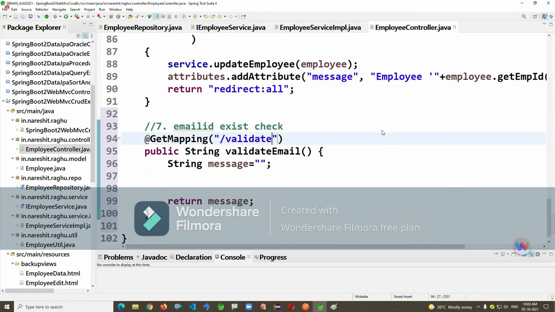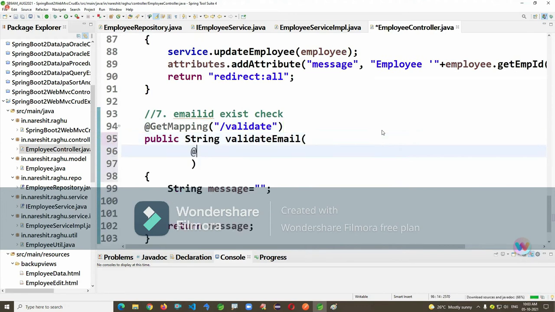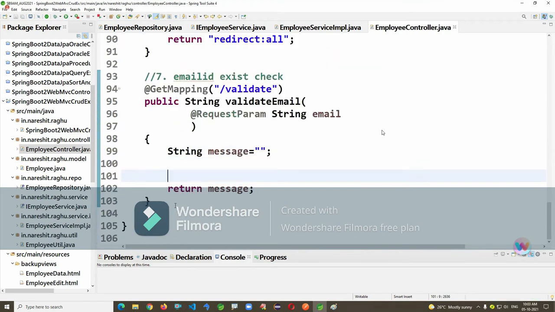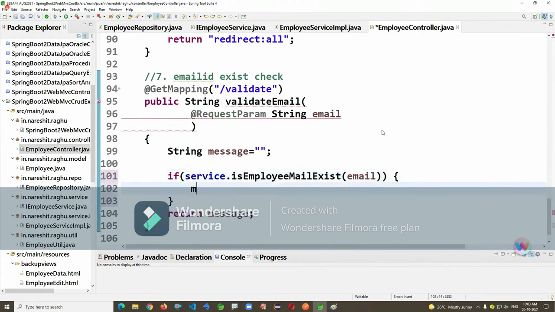They read the data. What are you going to create? Assume some email ID will come here, String email. We have to check whether this email ID exists or not. If service dot, which I just wrote here, isEmailIdExist, the message and the use case verification. Email ID: to search the customer, you will write a query like select star from, or simply by email. This is the use case to search for an already existing customer, to update the information. Like this I will write return message.